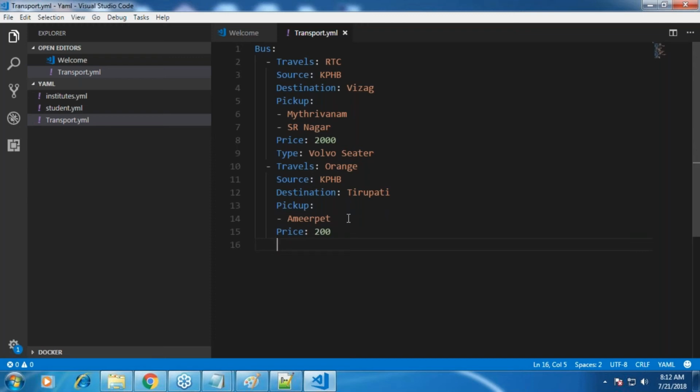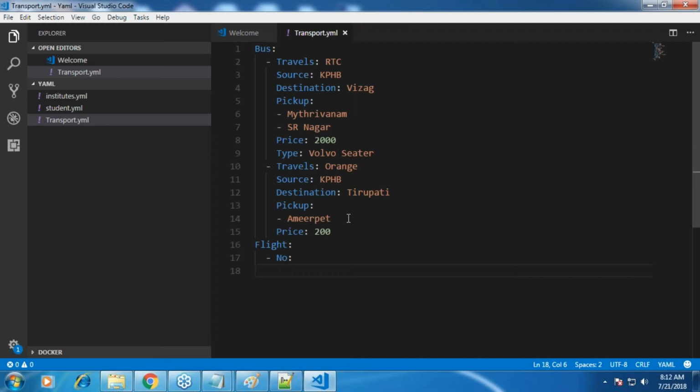Now let us assume that our red bus also shows not only buses but it also shows flights. So then you'll have something like flights. Will there be only one flight? Not really. You'll have multiple of them. So hyphen, right? Every flight will have some number associated with it. Again, source, destination, and you can go on and do this. Okay, we don't have water route, but if you have a water route, you can also just say ship or yacht, whatever makes sense to you.